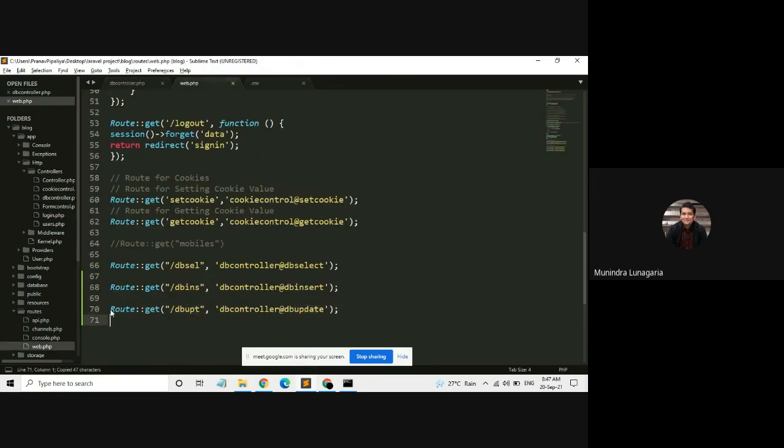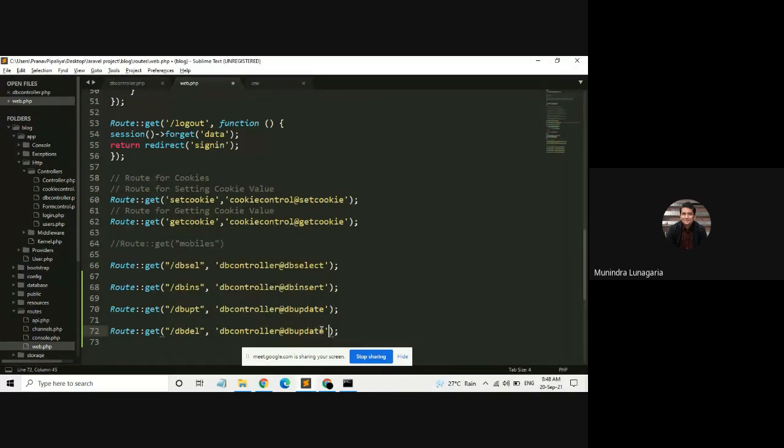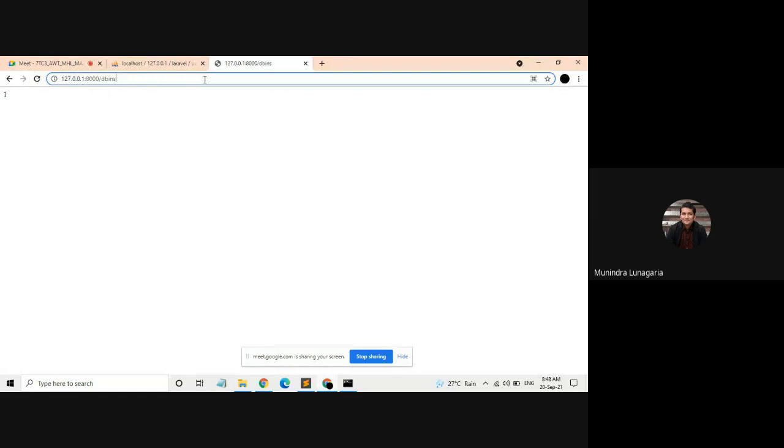Go to web.php, copy this, route dbdel, and the function is dbdelete, database delete. Save this and execute dbdel.